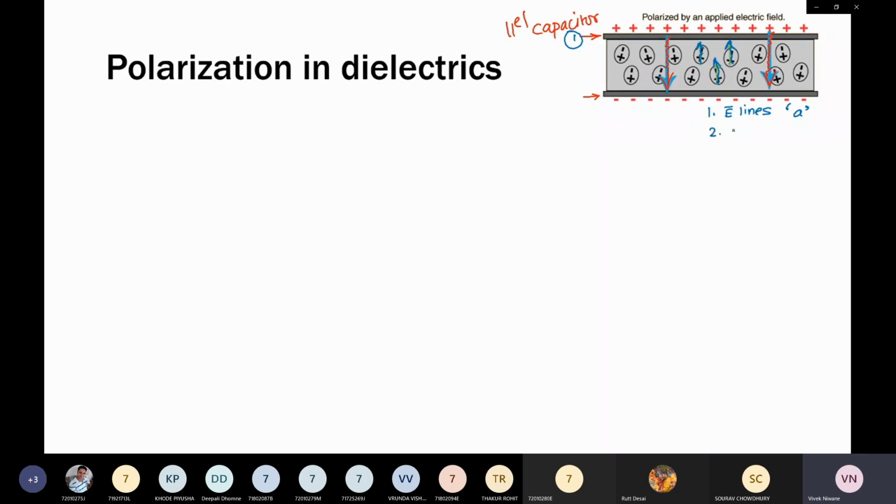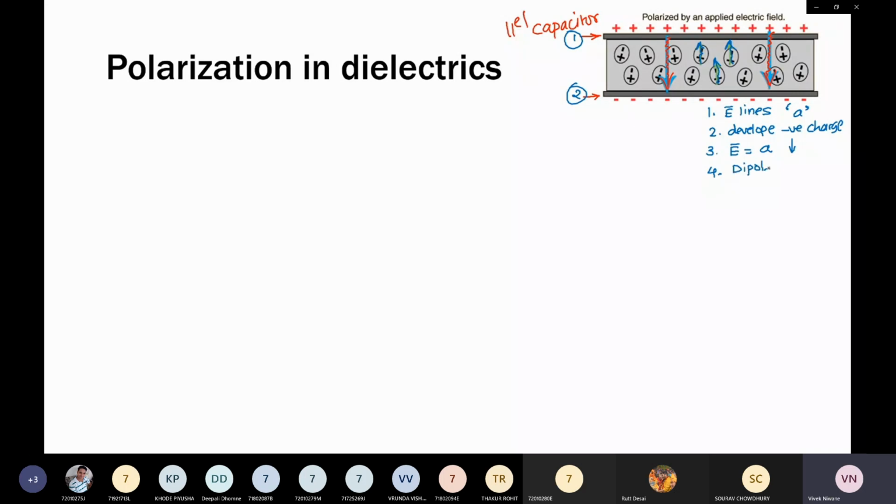Second, this will develop negative charge on the second plate. Then what happens third? Let us write down something over here. Right now we have an amount of electric field equal to A in a downward direction. The next point is